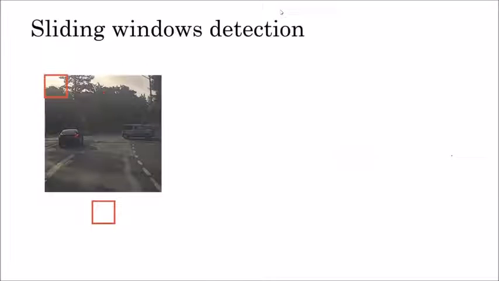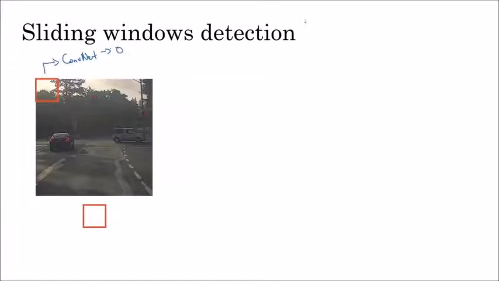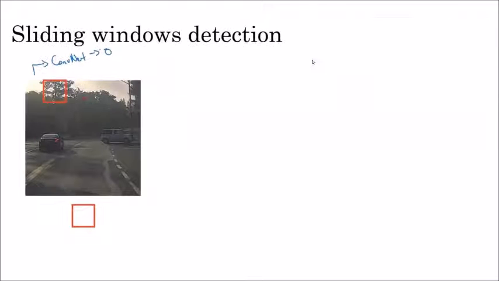We take the trained convolutional neural network model, and this time we take the original real-time image. This is a small window. We have captured a small window, and this window image we give to the convolutional neural network. This time it predicts there is no car in this square box. Next we shift the window and again give it to the network. It predicts there is no car.